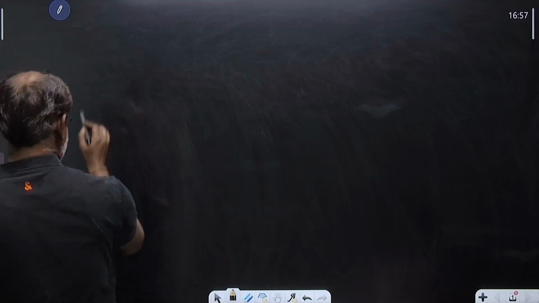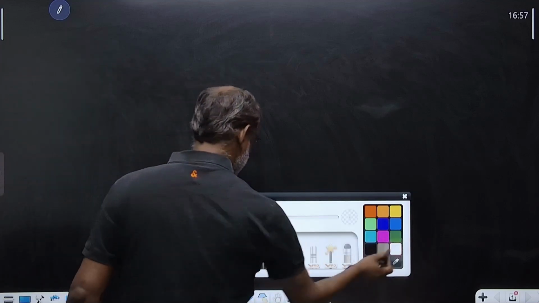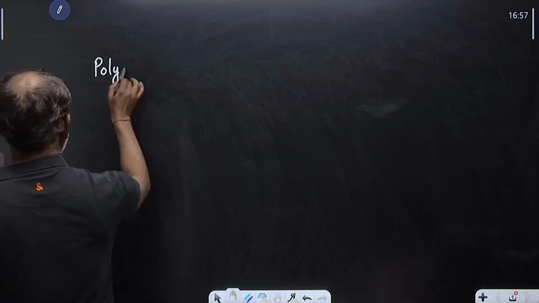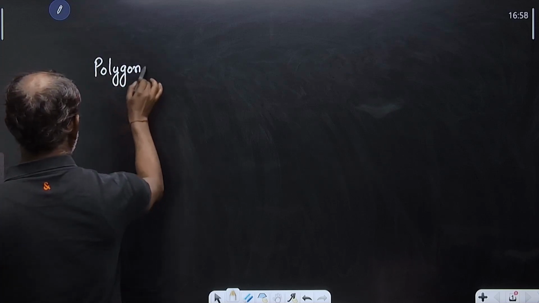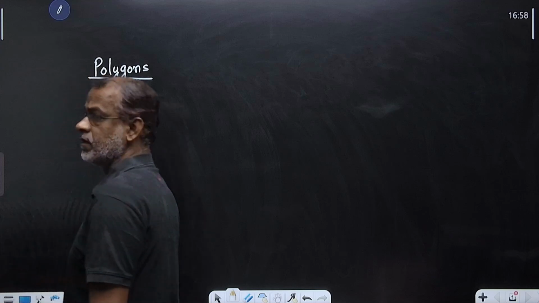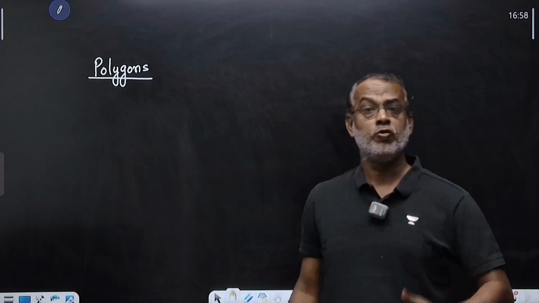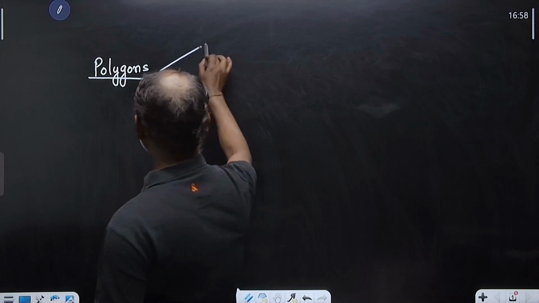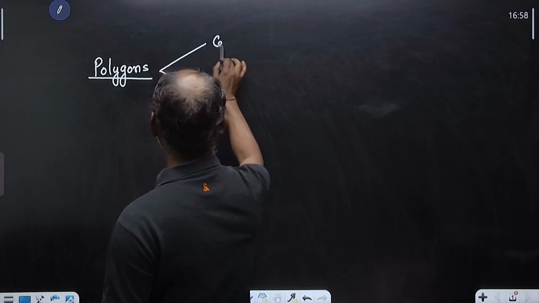So, I am telling you some normal stuff related to polygons, and generally we will confine most of our discussion to regular polygons. Polygons as such are convex